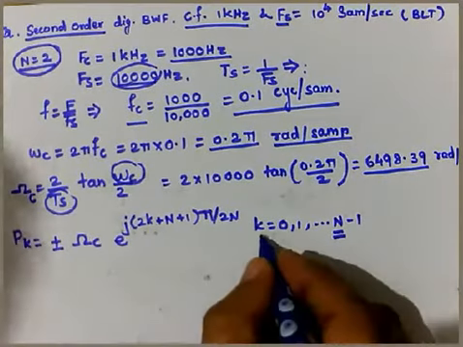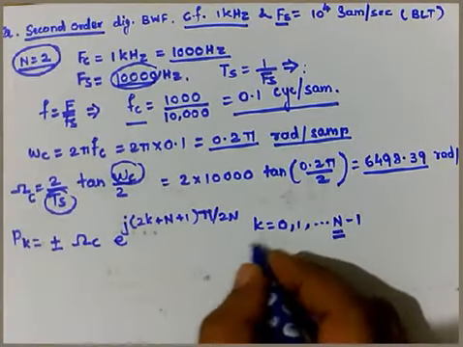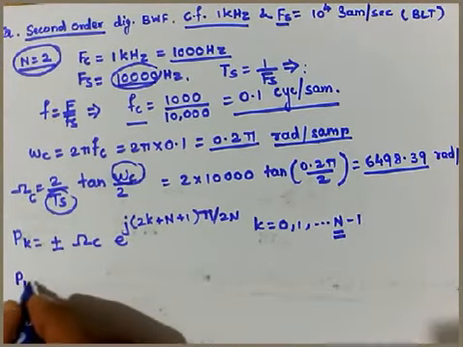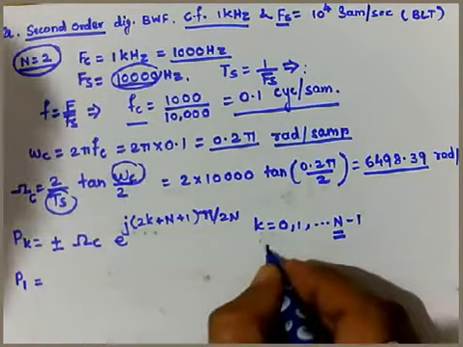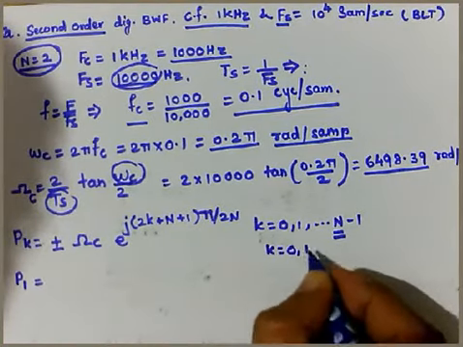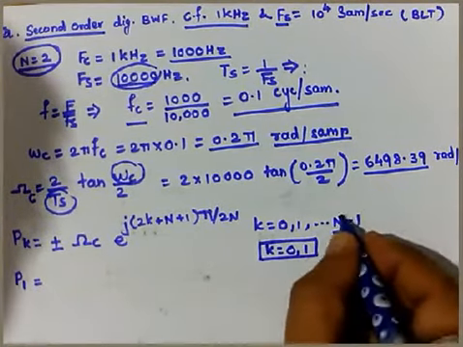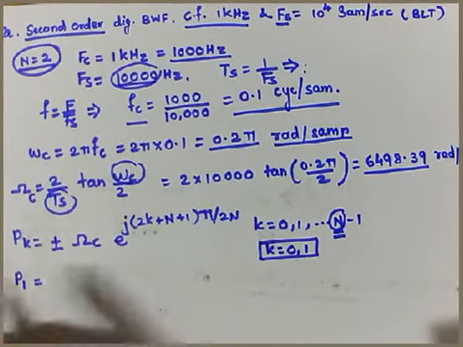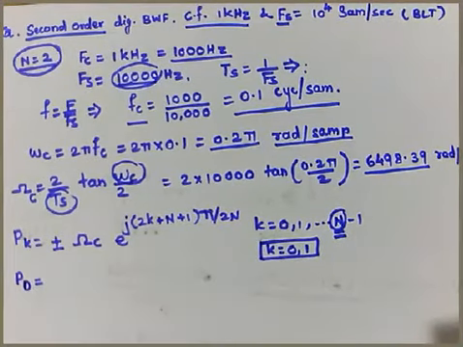It means there will be the presence of only 2 poles, or totally actually it is 4 poles. So k equal to 0 and 1. Only these two cases will be valid since n is 2. So let's calculate the first pole. Let's say k equal to 0 means P0 will be calculated.